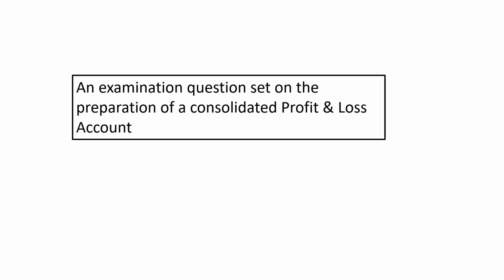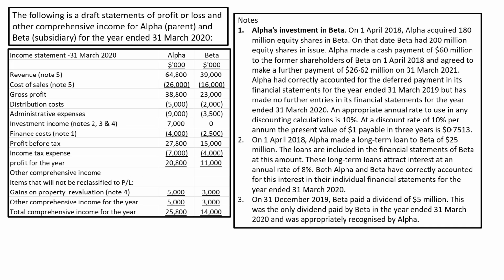In the following slides, we will attempt an examination question set on the preparation of a consolidated profit and loss account. Here you are given the financial statements of Alpha, which is a parent company, and Beta, which is a subsidiary, which has to be consolidated for the year ended